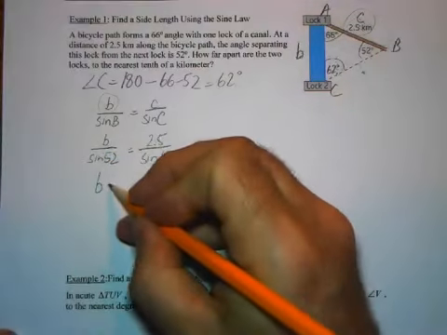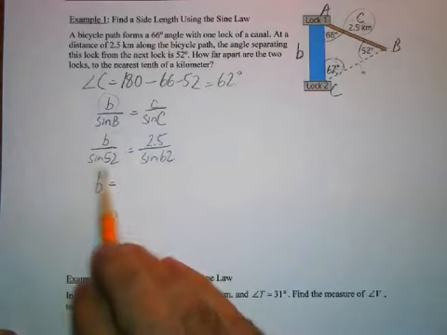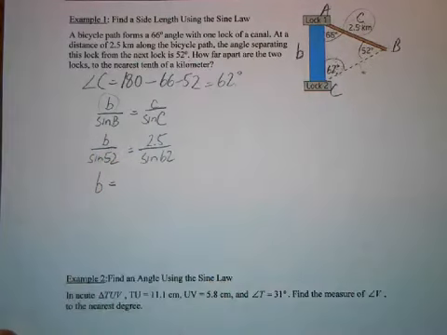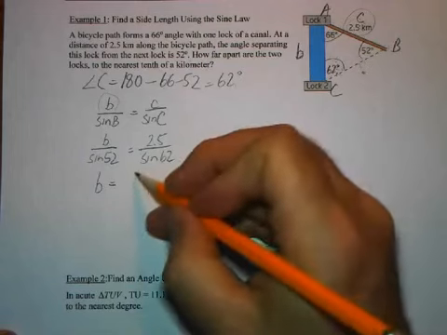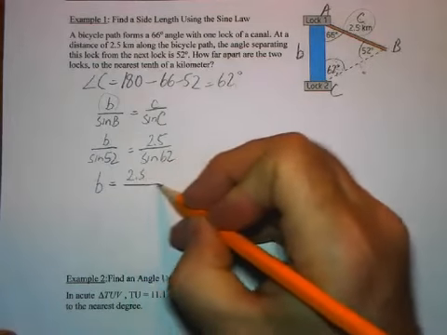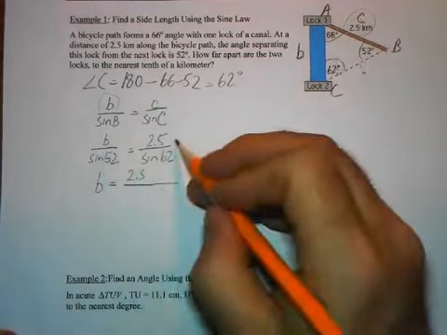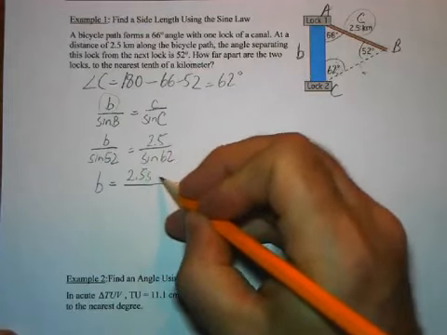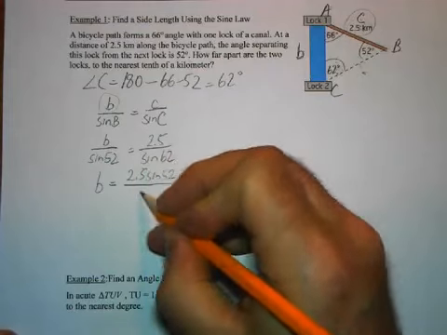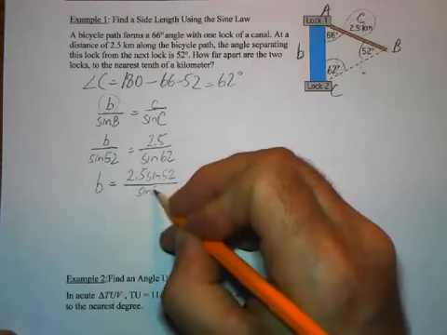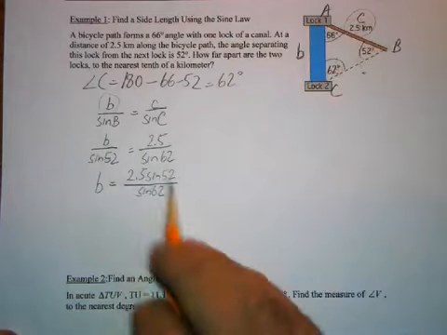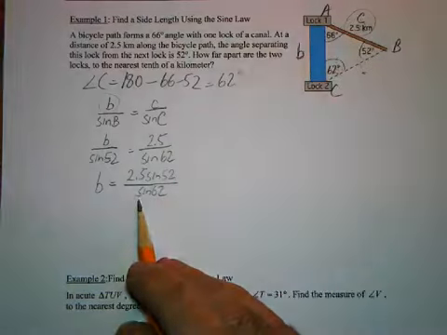by sine 52. So when I multiply this by sine 52, that cancels out the sine 52 on the bottom. And over here, I'm going to be multiplying by sine 52. And that's still over sine 62. So kind of a weird equation. I've got two sine calculations in the one equation. So